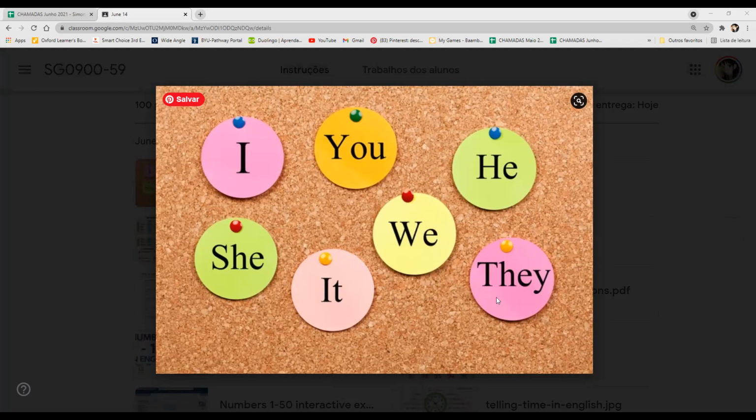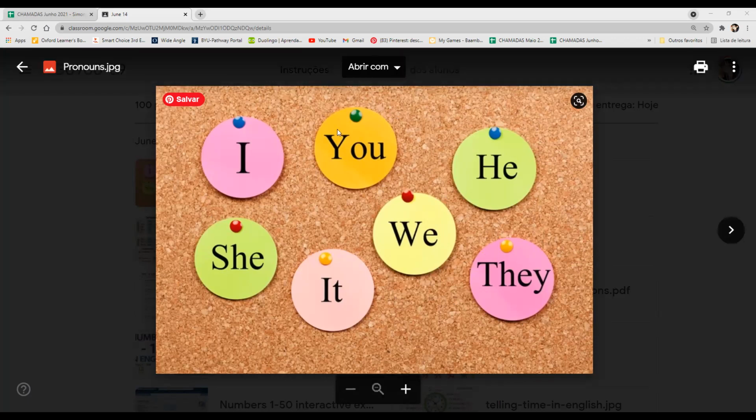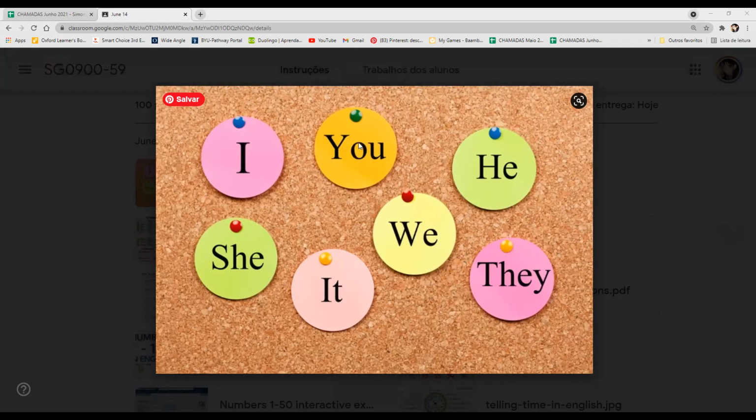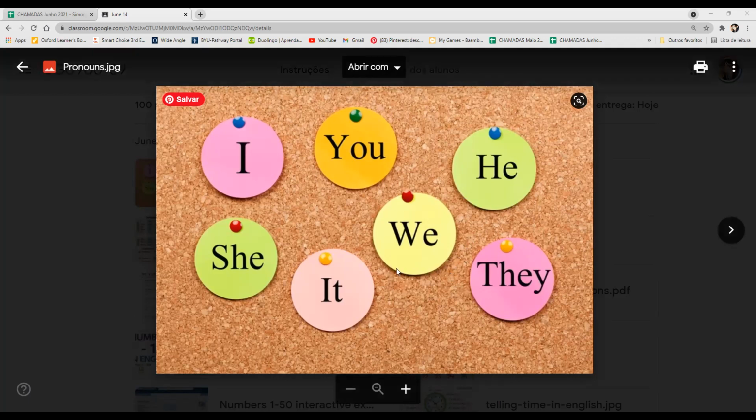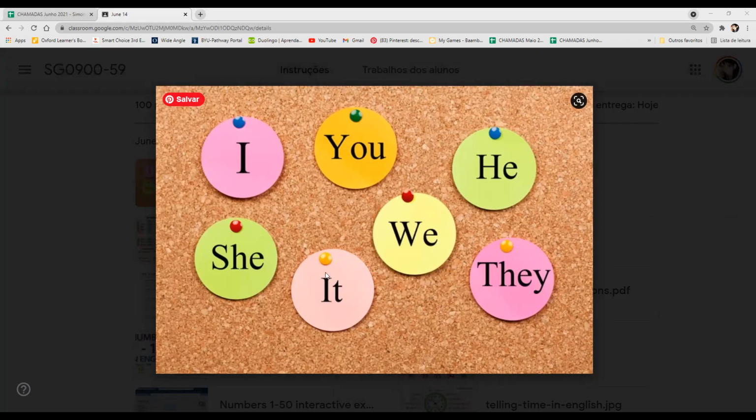Then we have you, the second person plural. And then finally, we have they. They is the plural for people, and it's also the plural for it. Okay,